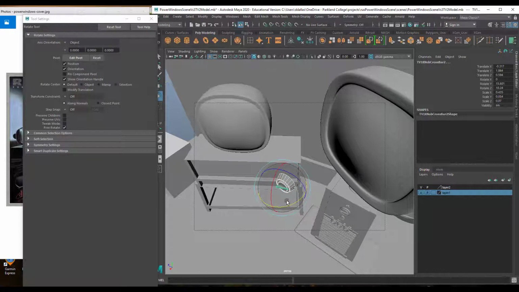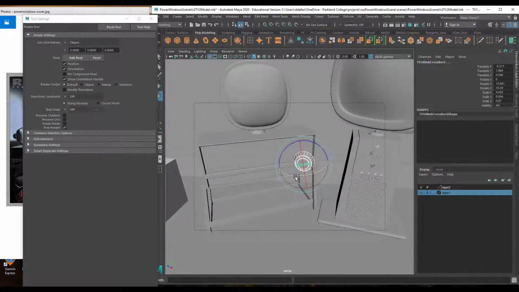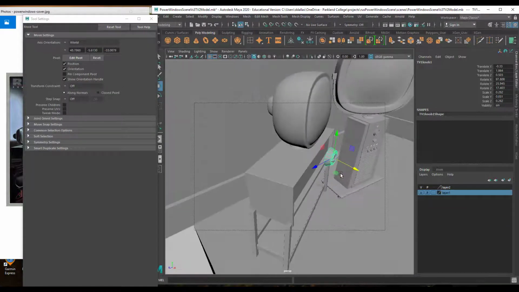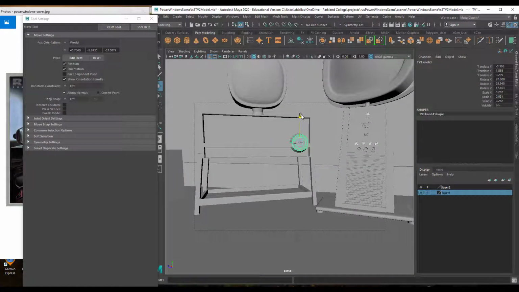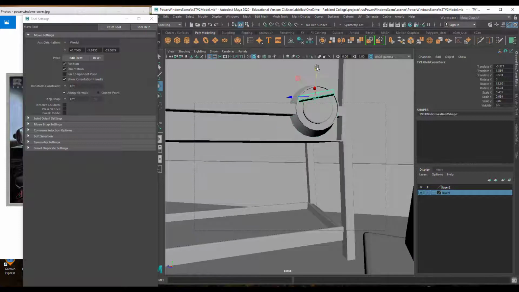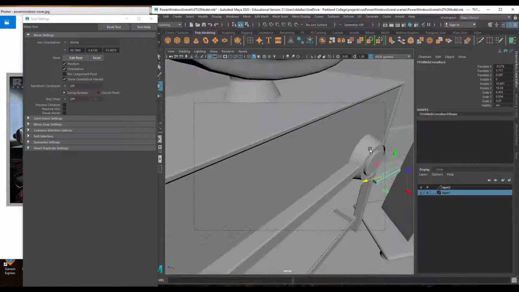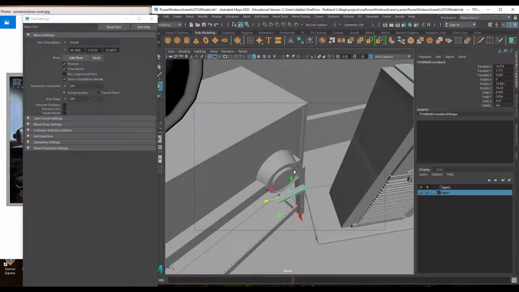Now, I'm going to take this object, and just place it into the scene like this. Line it up a little bit. Take this, move it down. I'm going to change its orientation and all that. I may not even need to do that, but